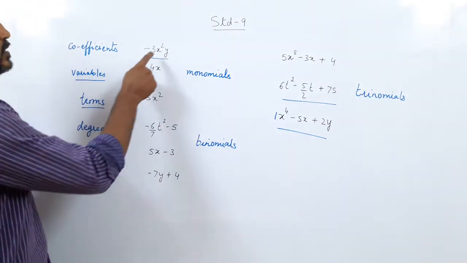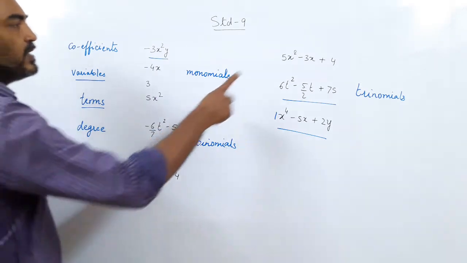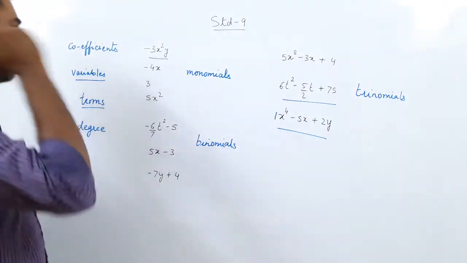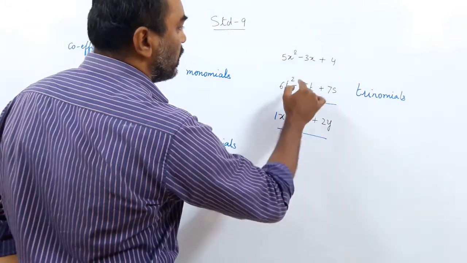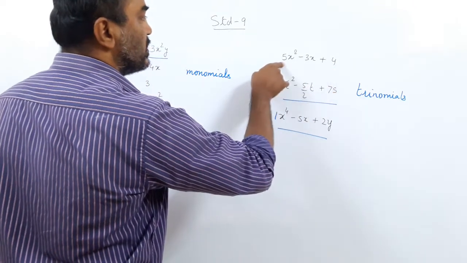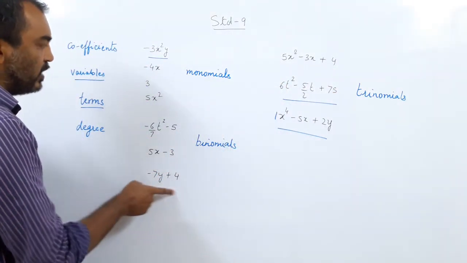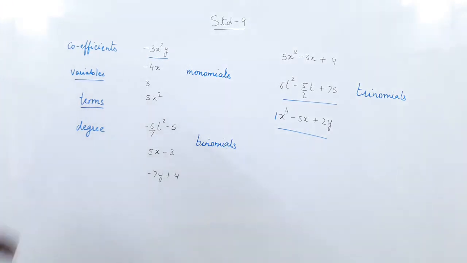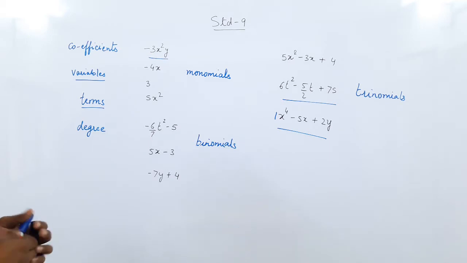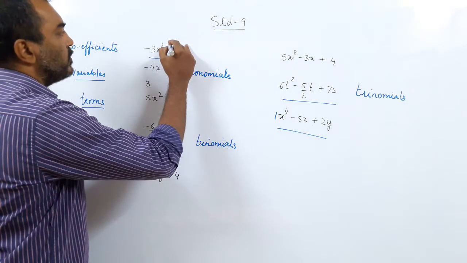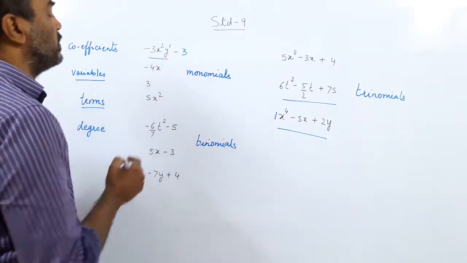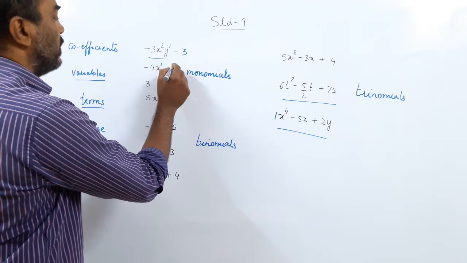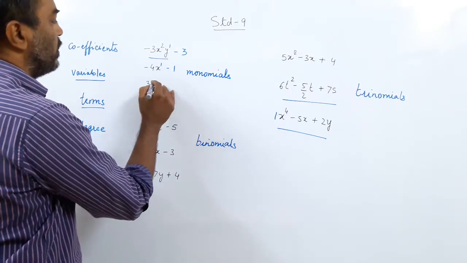Now what are variables? x, y. The values that change in the polynomial are called variables. This is in two variables, x and y. Here we got x and y, two variables. Here we got t and s, two variables. This is in a single variable. Only one variable, we call it a single variable. So variables, and now we go to the degree. What is the degree? It is the highest power. Now what I taught yesterday, y means y raised to 1. 2 plus 1 is 3. So the degree of this polynomial is 3. Here it is x raised to 1. The degree is 1. Here there is no variable, so degree is 0.